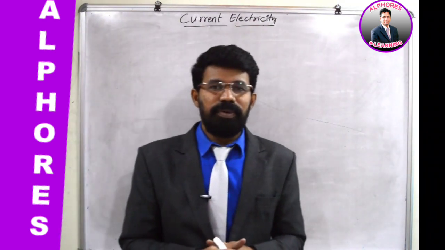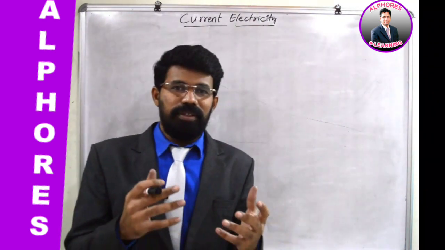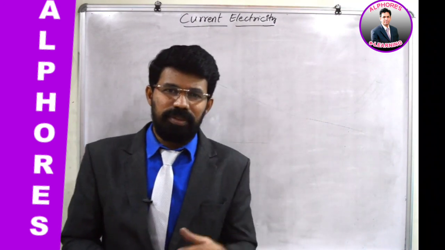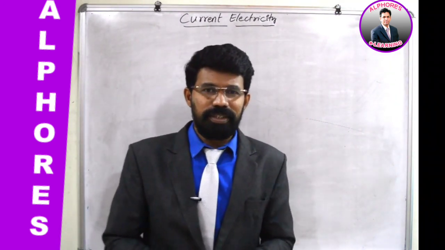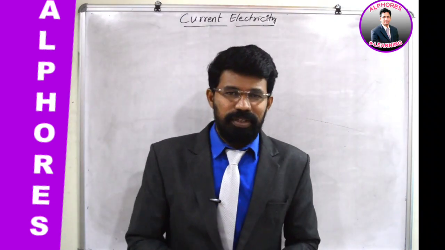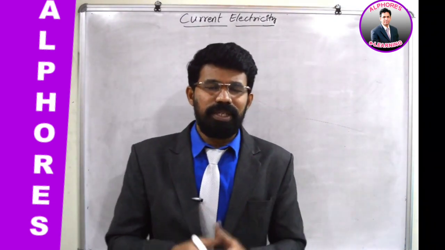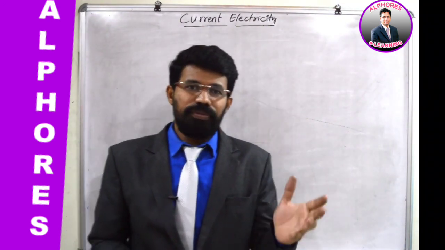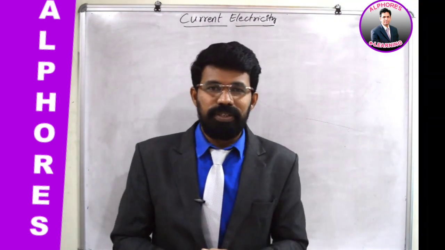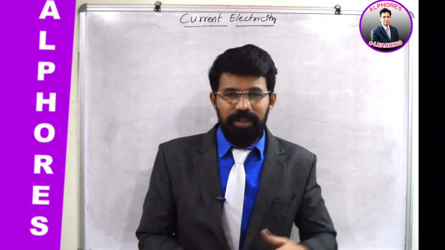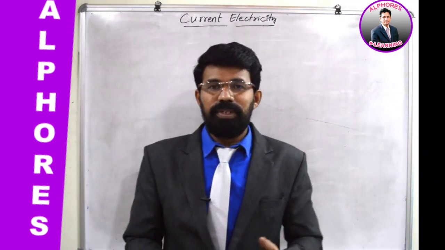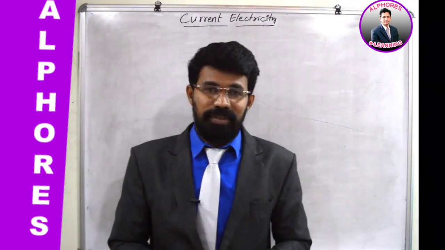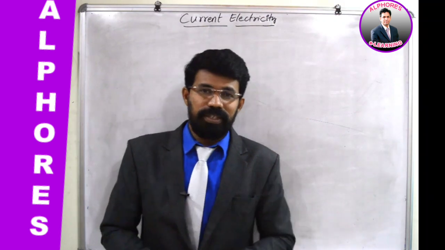If I ask you a question about what electric current is or what current means, in your high school also you were already informed about a few basics related to current. Immediately we will say that rate of flow of charge is called current. Most of the people will give the same answer. You need to be very precise when you give certain definitions. Let us say I will take a metal surface. What is a metal surface? It's a good conductor. Usually all metals are good conductors. They are good conductors because plenty of free electrons are available. Free electrons in the sense valence electrons.